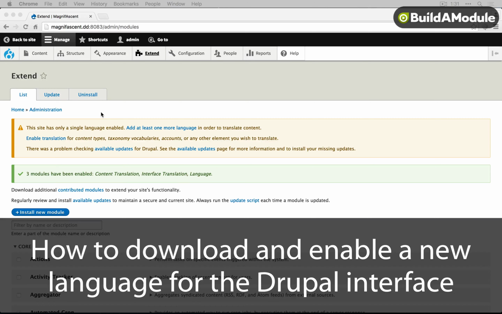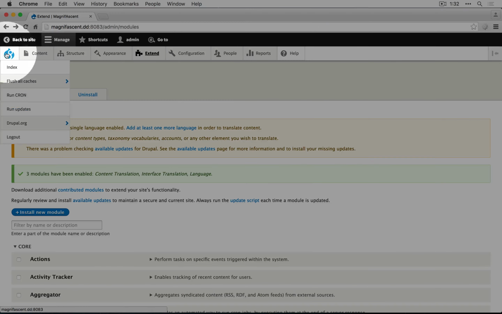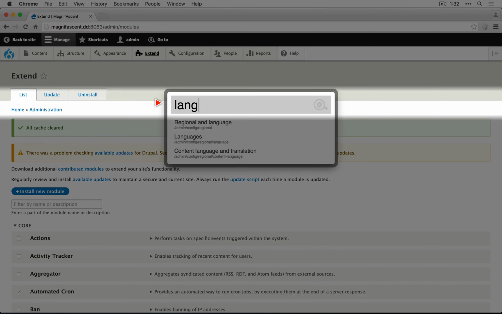Okay, so the first thing that we're going to do is enable the Spanish language. To do that, we'll use Drupal's user interface to download that language. So for some reason, the menu items that we're going to need don't show up until we clear the cache, at least at the time of this recording. So we'll clear the caches first, and now we can use Coffee to go to Languages, and we're going to